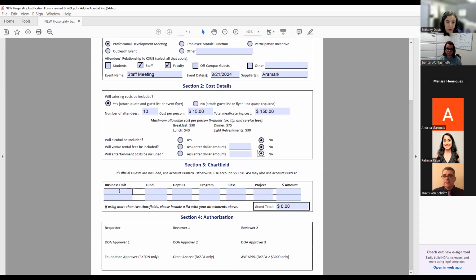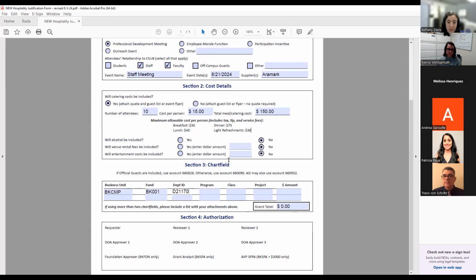Next, you will enter your chart field. I did see somebody had a question as to why account code is not included in the chart field. So you're not actually charging a specific chart field right now. You're just telling us, or you're telling your DOA approvers rather, which chart field you are going to charge. When it comes time to do your ProCard reconciliation, that's when you will actually charge it. And you'll want to make sure it's the same as what you have on here, or if it's not the same, you will want to make notes on your documentation explaining why it's not the same. So for this instance, I am going to put in payment services, BK001,